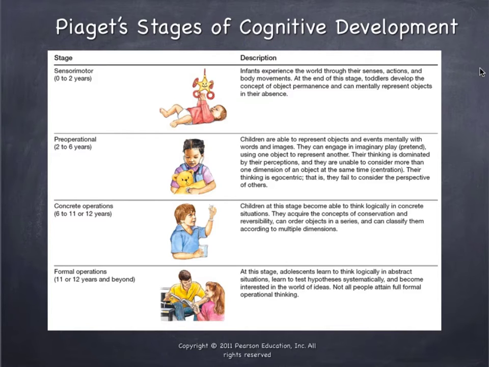So a child who sees you pour 1 liter of water from a tall, slender beaker into a short, stout beaker that holds 1 liter of water, a child who hasn't gone through conservation will think that the taller, slender container has more water in it, even though you just poured it into a stout beaker. Whereas a child who's gone through conservation will know that it's the same amount of water, it's just in 2 different shaped containers. And then lastly, they'll go through the formal operations, and this is between 11 and 12